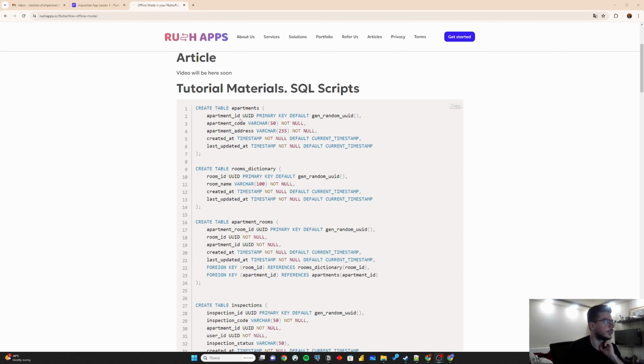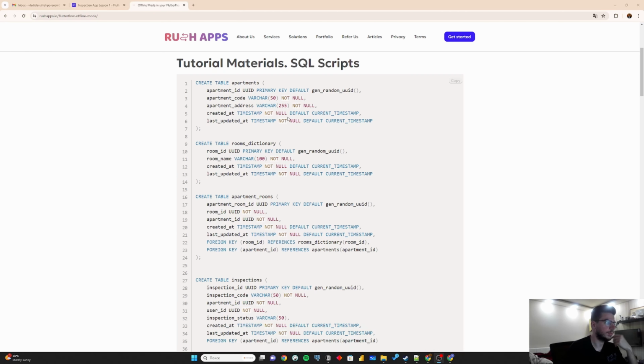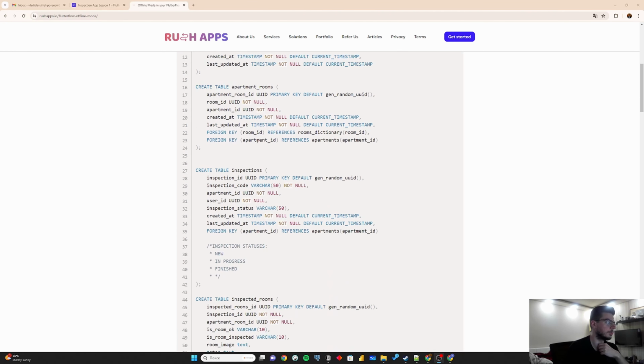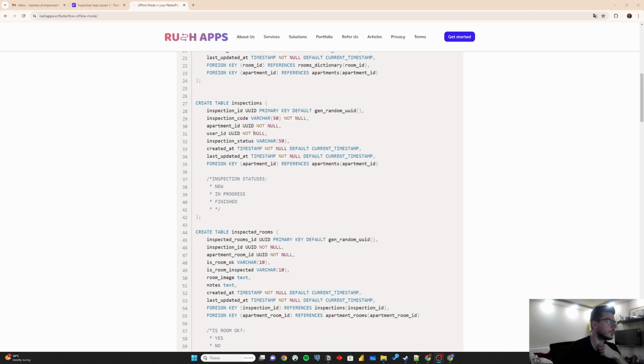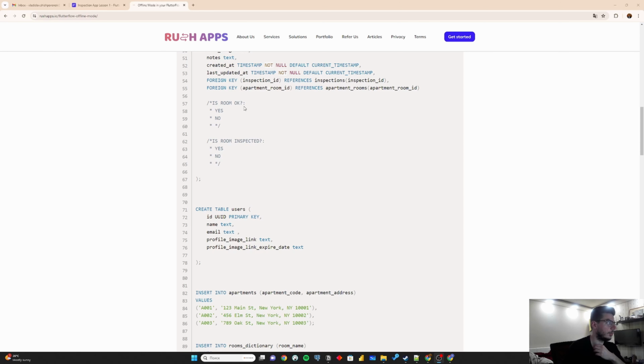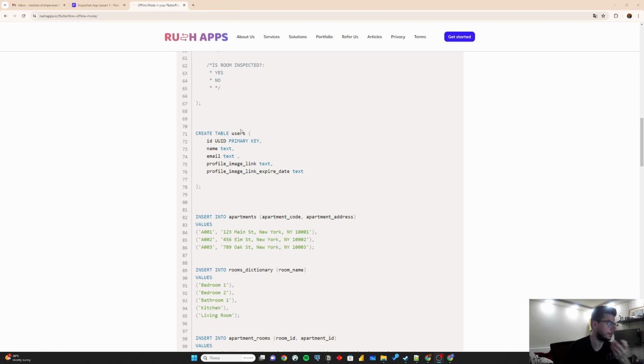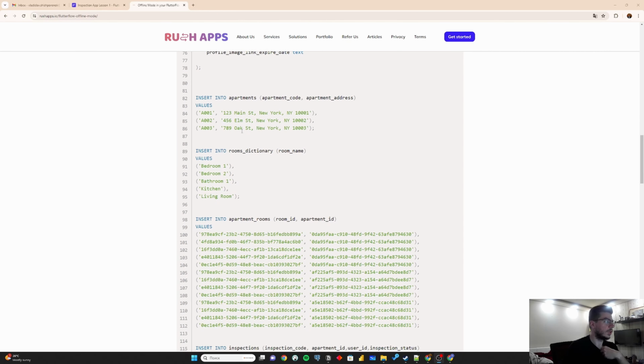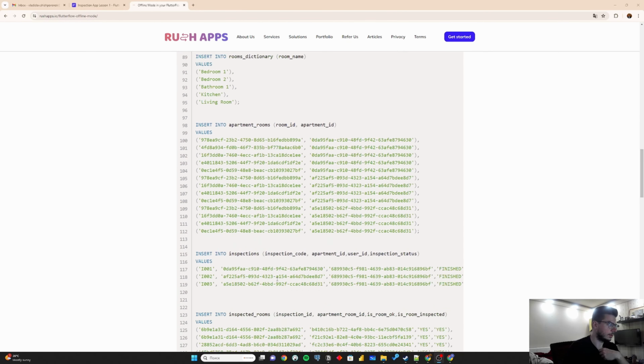That is how the script for creating the database structure looks. You have the apartments table, rooms dictionary, apartment rooms, inspections. Here I described in the comments what is expected to be inserted into the inspection status field: new, in progress and finished, inspected rooms. And I have also described what should be put inside is room okay and is room inspected. We have the table users. We have the test data, which should be inserted after